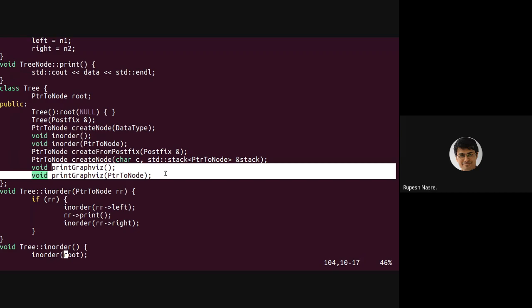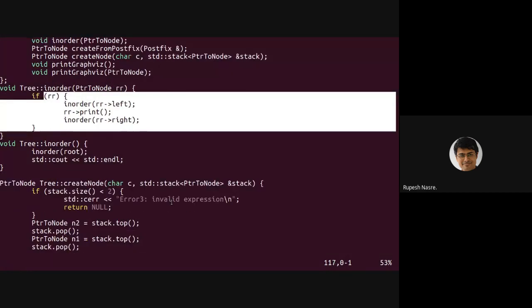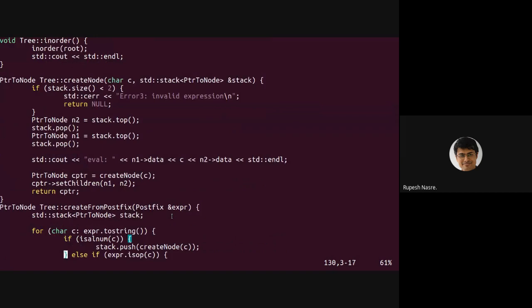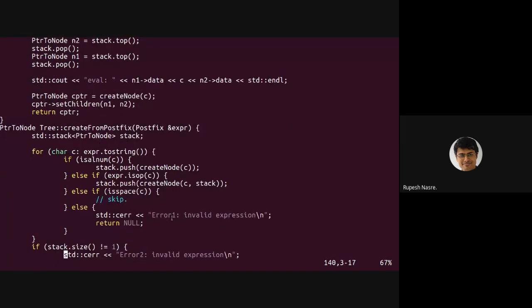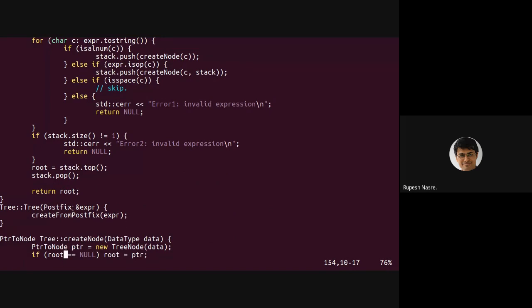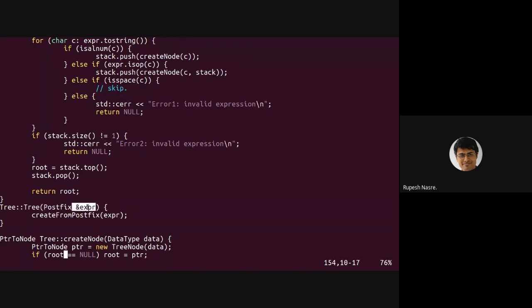Okay, so in order, we know it is just as simple as it was earlier. Let's look at create node. What does create node do? First we'll look at create from. I think we should look at the constructor first. Yes. So the constructor of tree, which takes the postfix expression class or object as an argument, and this is